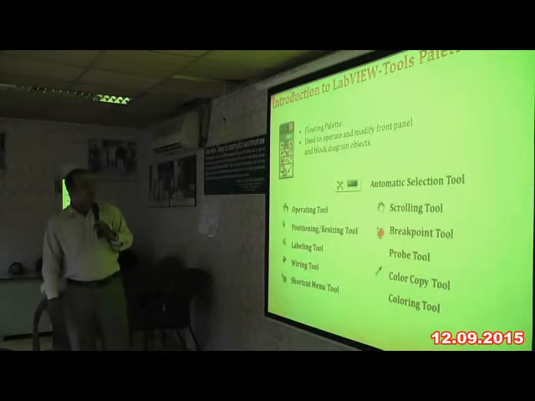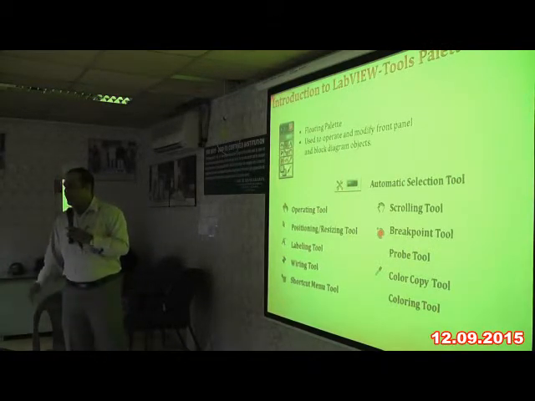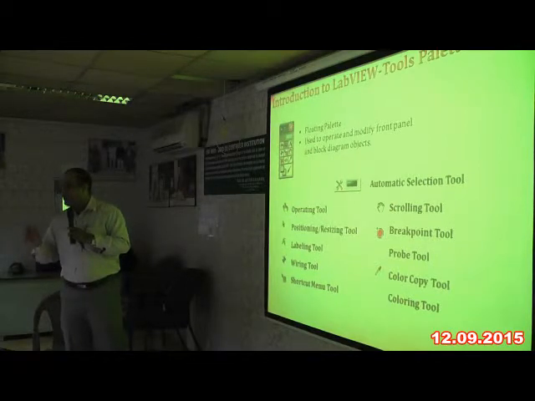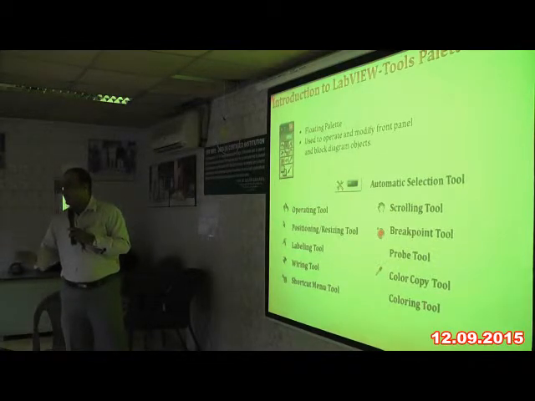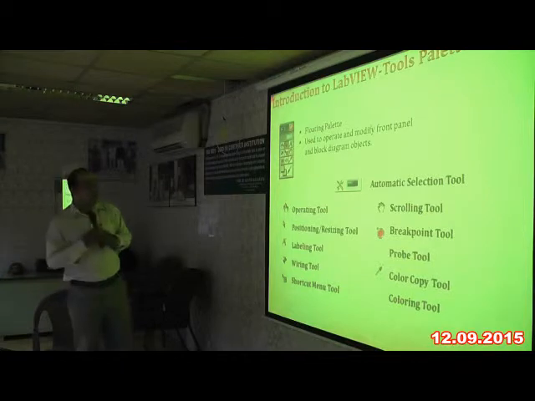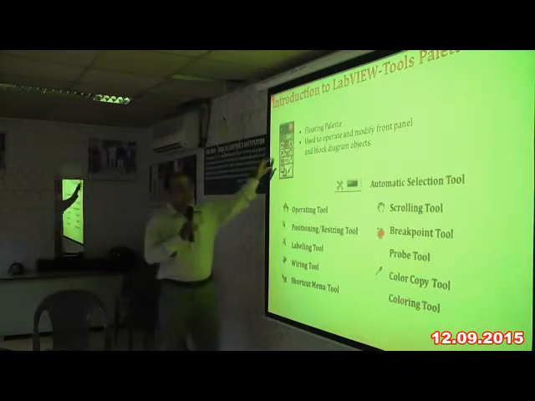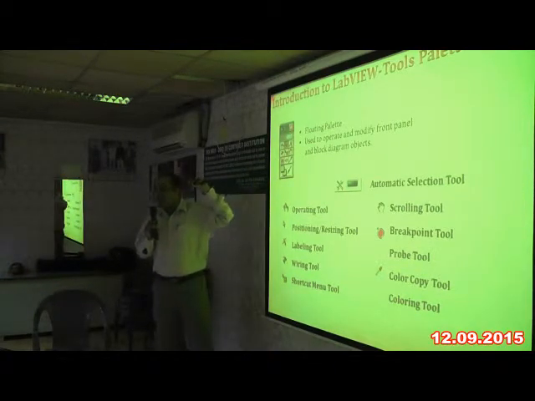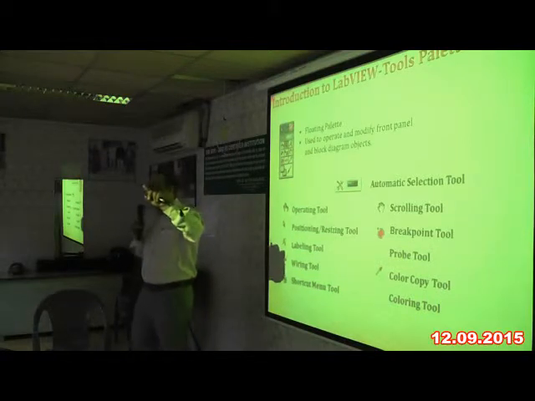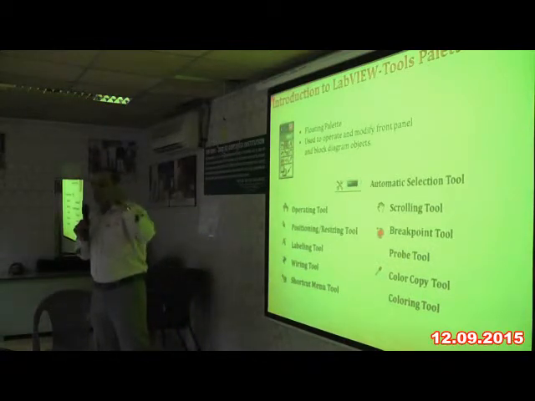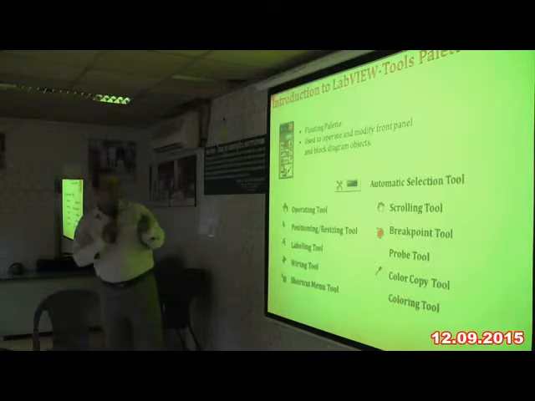There is one more toolbox, which is called the tools palette. So we have three palettes: the controls palette, the functions palette, and the tools palette. The tools palette is for automatic selection. Whenever I bring the mouse near a particular icon, it can change automatically. Some algorithm is written in such a way that it automatically senses what we are trying to do and changes the parameters as and when needed.